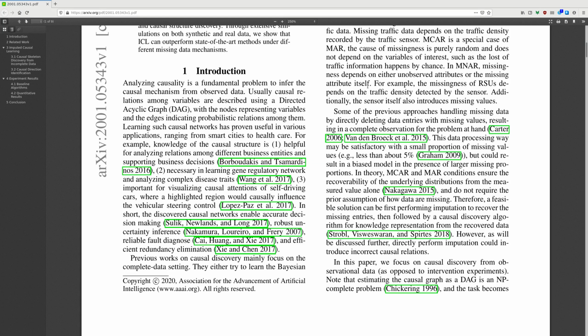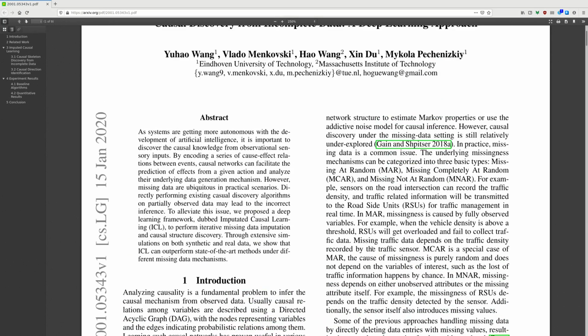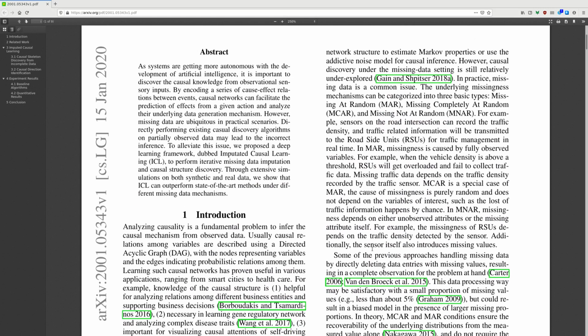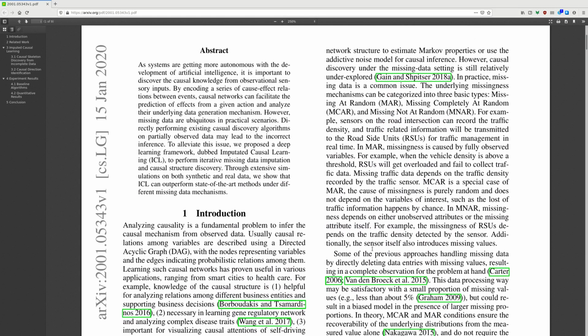Previous works on causal discovery mainly focus on the complete data setting. They either try to learn the Bayesian network structure to estimate Markov properties or use the additive noise model for causal inference. However, causal discovery under the missing data setting is still relatively underexplored. In practice, missing data is a common issue. The underlying missingness mechanism can be categorized into three basic types: missing at random, missing completely at random, and missing